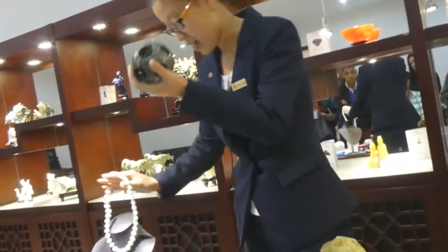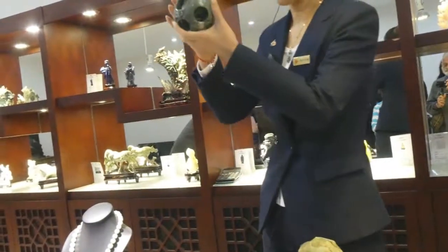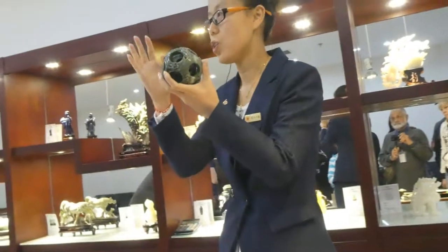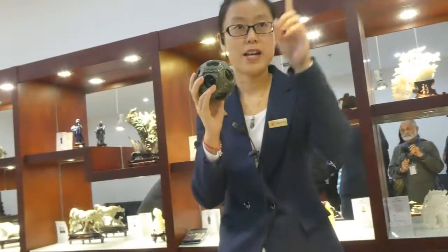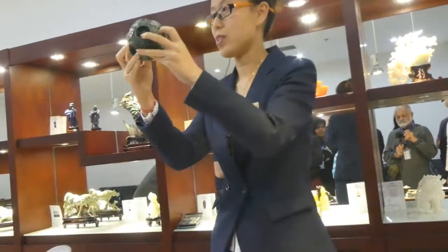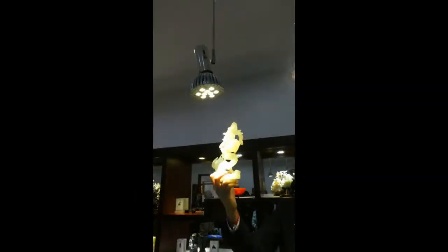And then we can see this ball. This ball is the one he's making over there in the factory. It has 1, 2, 3, 4 full balls. Not put in, no glue. This is carved by one piece of jade. And every ball moves inside. Yeah, they make it separate layer by layer. So here